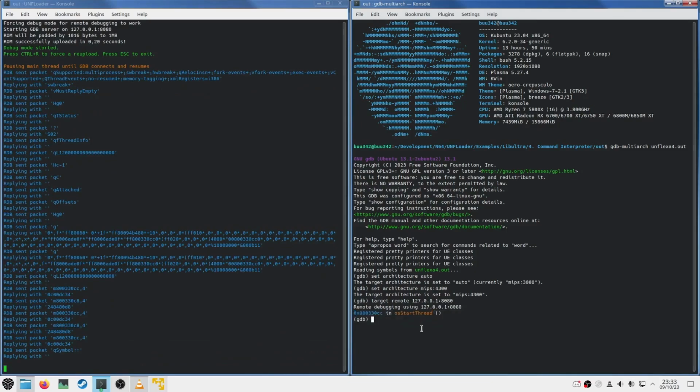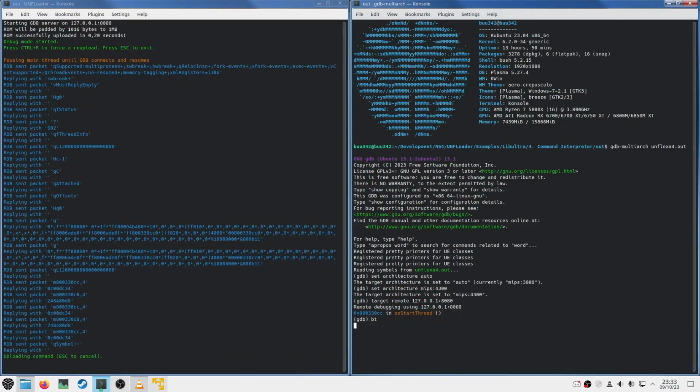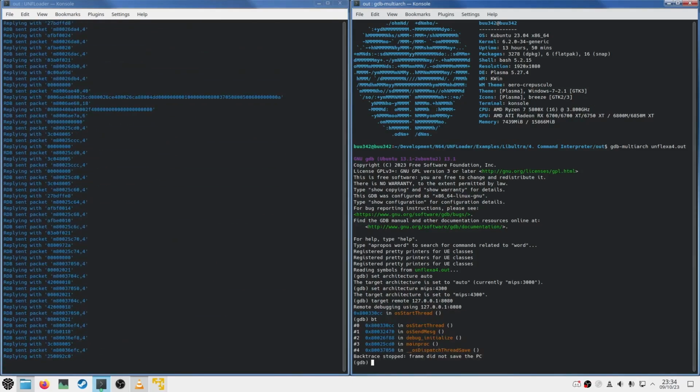All right, and we're seeing some communication, and we can see that we have paused in this specific function here. If we do a backtrace, we can find out a little bit more about this. Okay, so our project started over here, then I went to the main proc, then I called debug initialize, and that sent a message, and that message then started a thread. And this is where our main function is paused at currently.